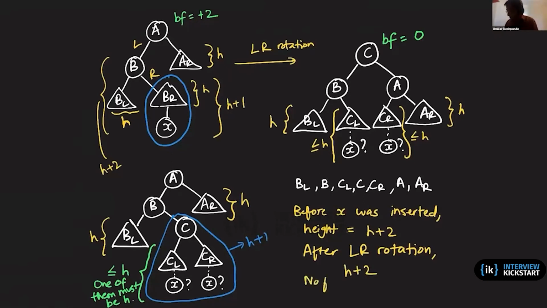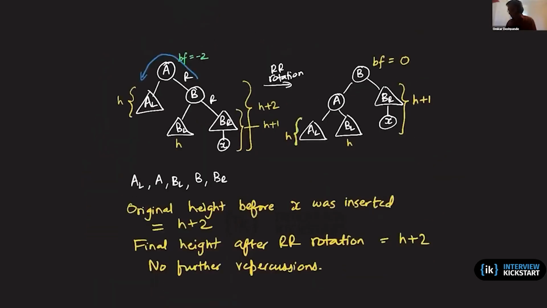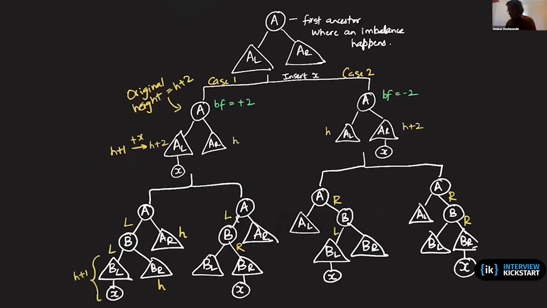So no further repercussions. We stop here with an LR rotation. Constant number of pointer changes, and balance would be restored. And by exactly the same argument, RL rotation would also lead to